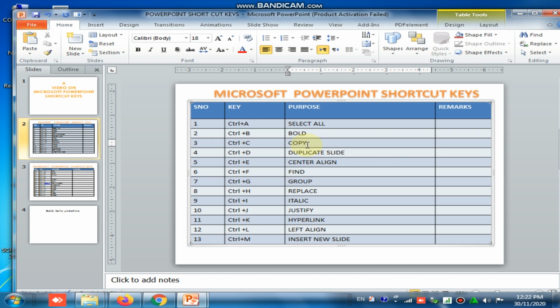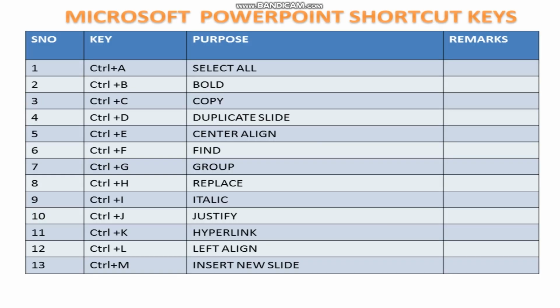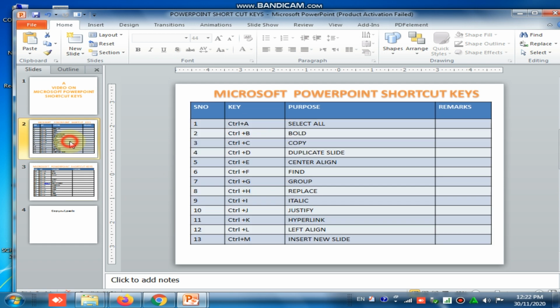Next, copy. This is very important. Whatever software you take, we have to use three things: the clipboard. In many competitive exams, you are asked what the three options present in the clipboard are: copy, cut, paste. This is very important. So first one is Control plus C, copy. Control plus V, paste, and Control plus X, cut. These three combinations I will now show.